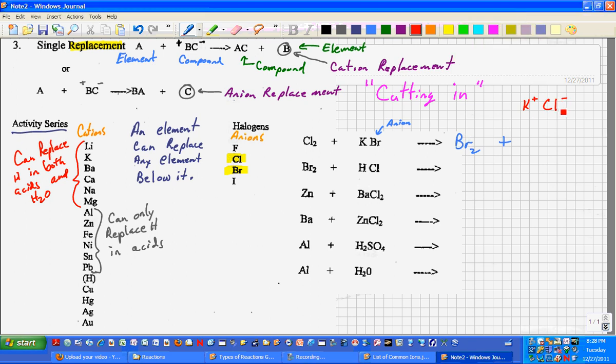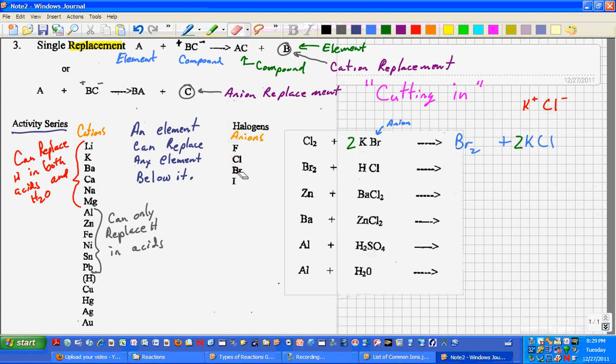Chloride, -1 charge, potassium chloride, so we get KCl, because that'll add up to 0, just one of each ion. I do need to balance this, so what I wind up with is a 2 here and a 2 here, because I've got 2 bromines, 2 potassiums, 2 chlorines, and I'm set.